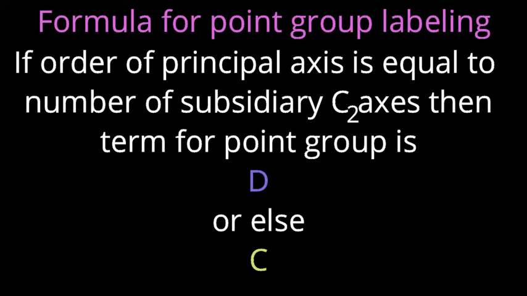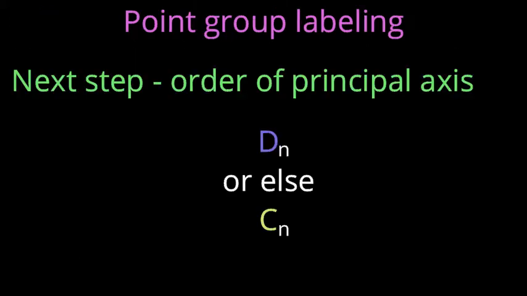After the C or D categorization, we need to represent order of the principal axis. Just now I said, what was the order of the principal axis? n. So capital C or capital D that we have sorted out from the operations possible, followed by, as a suffix, we need to write order of the principal axis n. So what will be the representation now? If it is a cyclic kind of point group, then Cn will be the representation. If dihedral kind of point group, then Dn. But just wait, yet we have not completed the labeling.